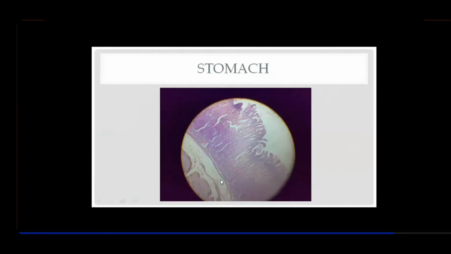This is the muscularis mucosae, and then is the submucosa. This is the muscular cord, right? So who will tell me the muscles there in the stomach? Longitudinal, inner circular, outer longitudinal muscle. There are three muscular cords in the stomach. Oblique muscle in between the inner circular layer. Yes sir.